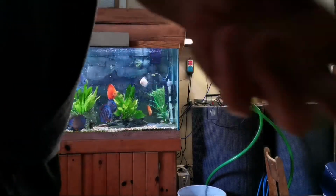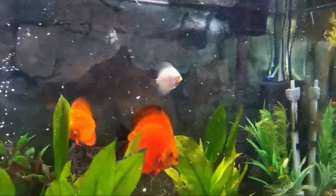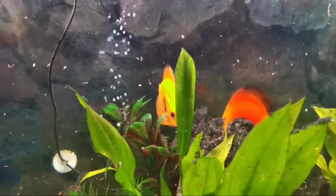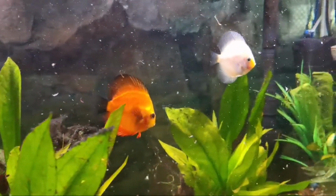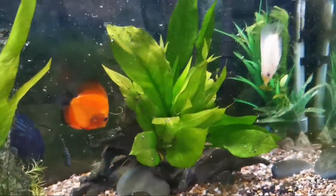Bring you up close for a closer look. This is always the fun part. You can see yellow guy only eats when something lands. He's a weirdo, and he should be bigger by now, but he's just got eating habits that are slowing him down. He eats a little bit of everything, but